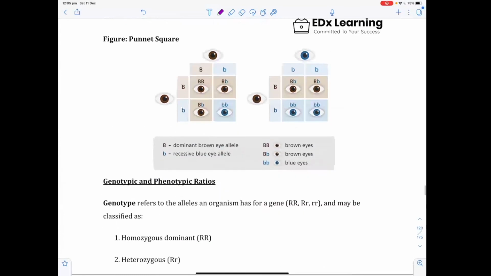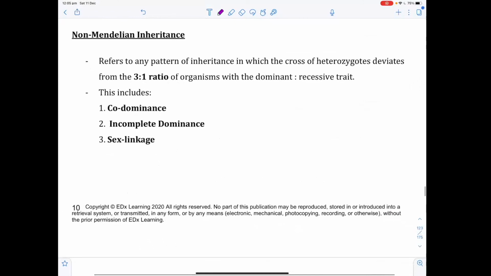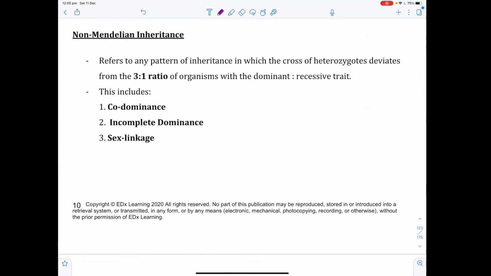Good. We spoke at Punnett Squares. Let's move on. And let's talk about non-Mendelian inheritance. Now, out of these, the most important that will come up in your exams is this one. The other two rarely come up. If they do, it'll be in trials. They're very easy as well. The most important one I want you to understand and focus on is sex linkage. Okay? Now, I'll give you a break after I explain non-Mendelian inheritance, but